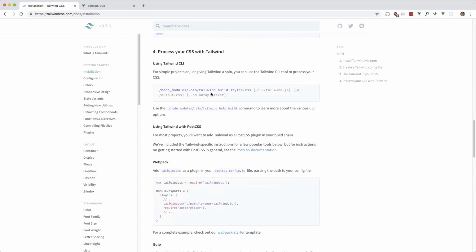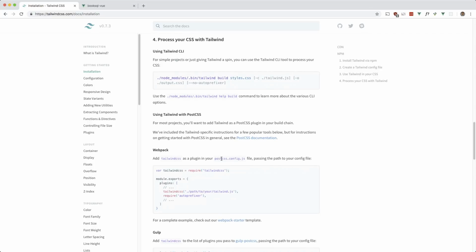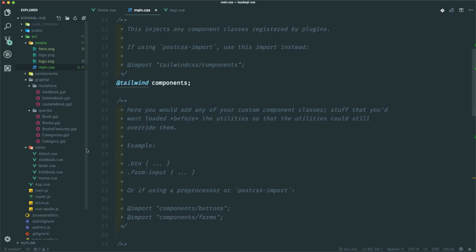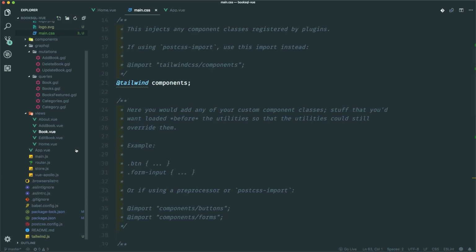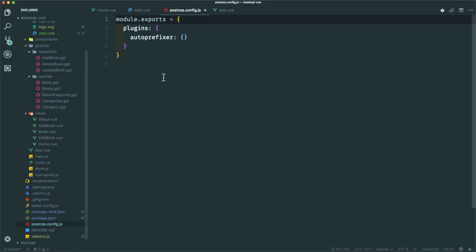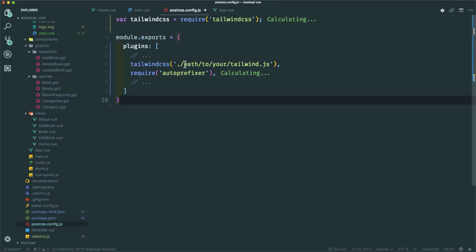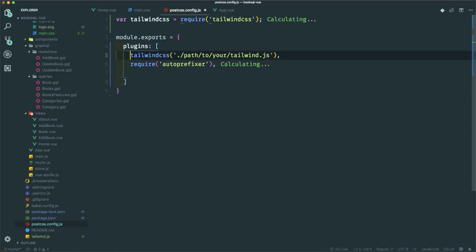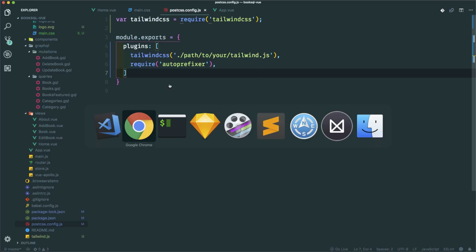Next, we can just paste this into our postcss.config.js. Let's do that. I think there's a postcss config.js. There it is. So let me just do that. Okay. All right. And then